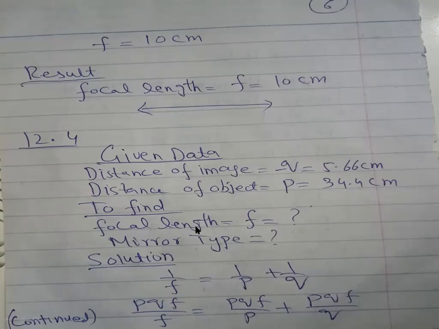We need to find out the mirror type. So 1/f = 1/p + 1/q. As I did in my last two numericals, I again multiply by pqf on both sides. So if you multiply by pqf and solve this,